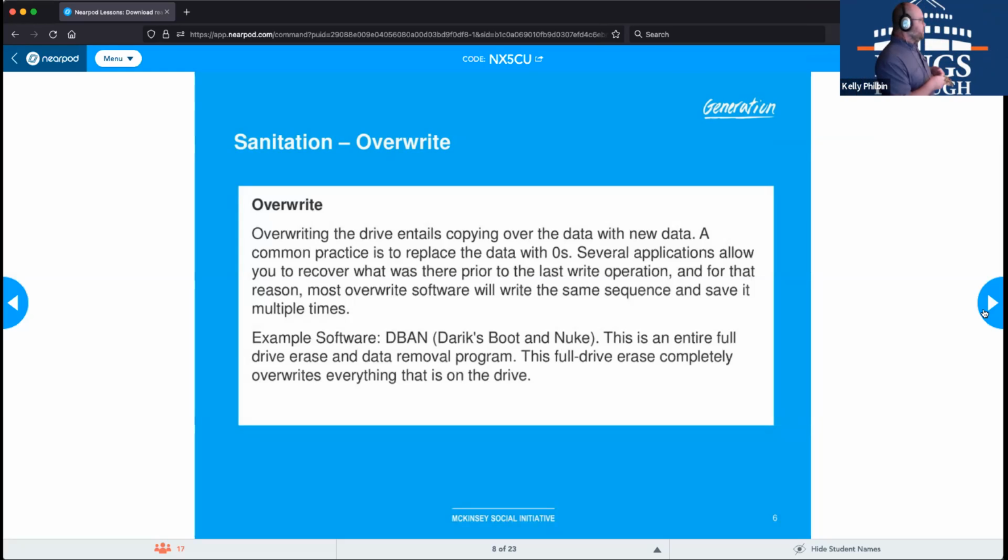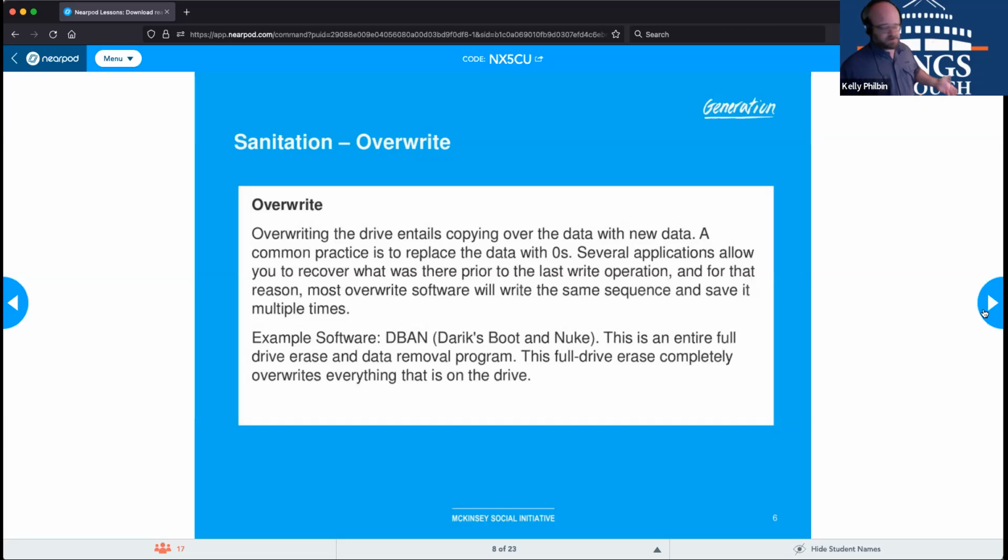I think like FBI forensics can recover anything less than 8 passes. Many of these will go much higher than that. Some of them can do like 30 something passes, depending on your level of paranoia. I usually set mine at 1,000. But it basically just means you're rewriting over the information over and over and over again so that it is